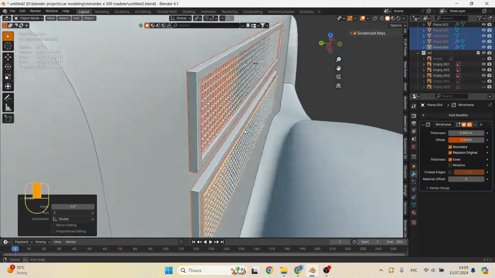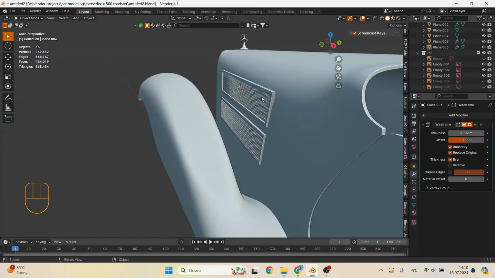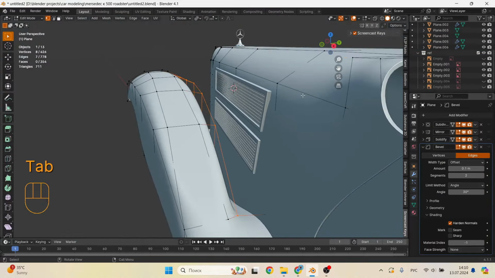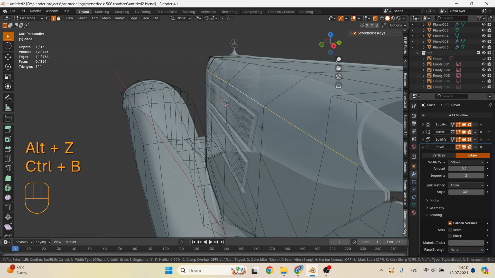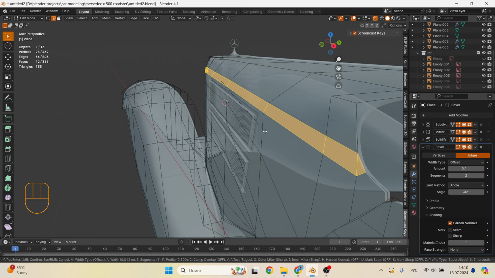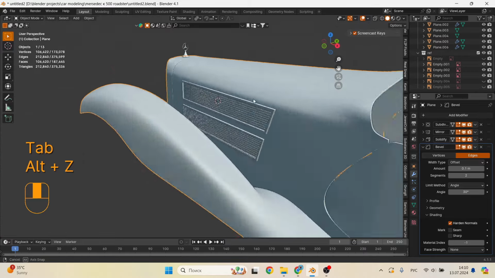Well, okay, now I need to slightly adjust the body near the hood so that the grid and frame lie more evenly. I chose this method for a reason. The thing is that we will make the hood further and this strengthening of the topology will be useful to us. But first we need to finish with the pipes.